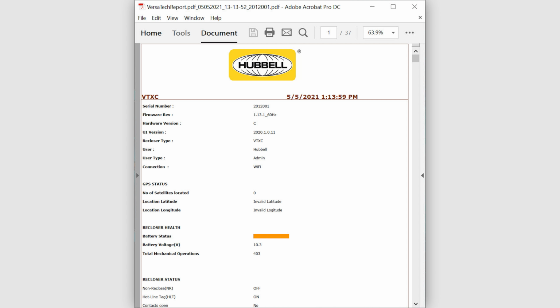The report provides a detailed summary of all recloser settings, recloser status, event logs, device logs, audit logs, demand logs, firmware revision, and more. This report may be generated on any PC, iPad, or iPhone app, and the information included may be tailored by the user through a pop-up window which appears when the Generate Report button is selected.